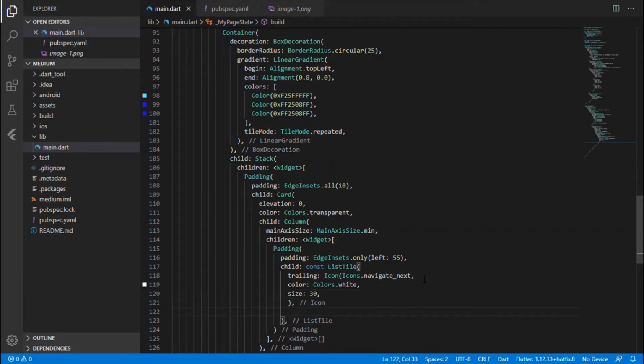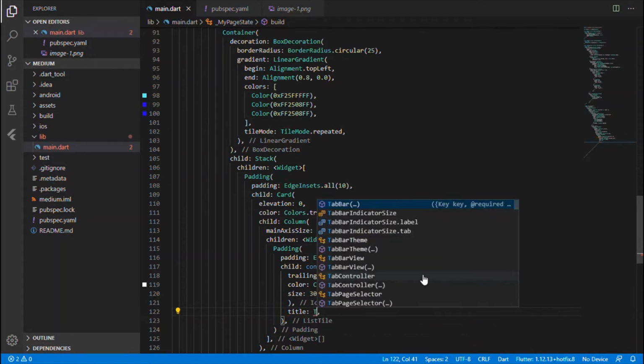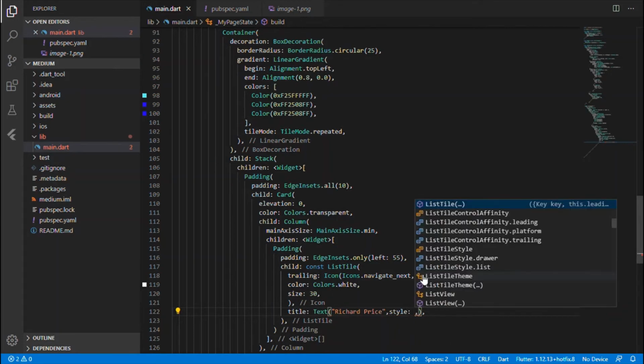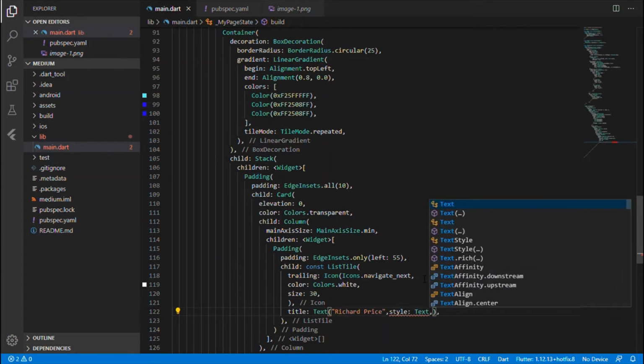Okay, after that icon, I'll be having title for that list tile, which is the text as usual. The text, let me give it as a name. So I'm just considering it as a profile like something. Okay, so let me give a name for the title. So as usual, you can have style for that text using the text style,